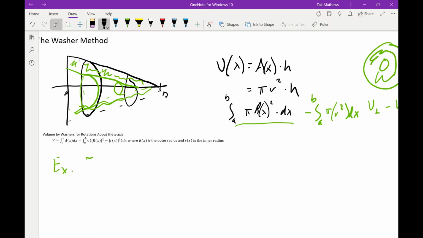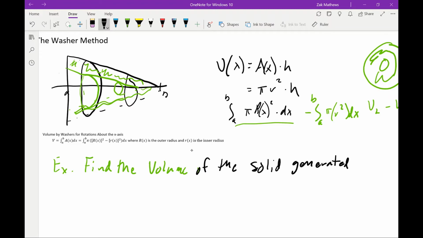Let's find the volume of the solid. Apologies about the color just switching. There's no reason for that other than my computer has some lag time. Find the volume of the solid generated by revolving the region enclosed by,